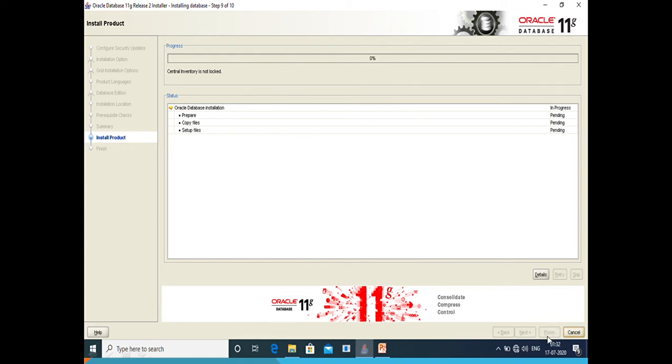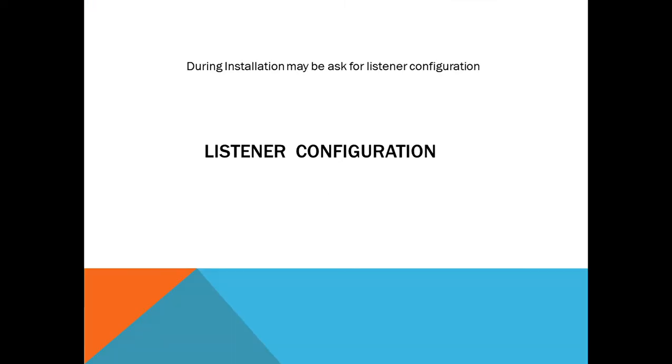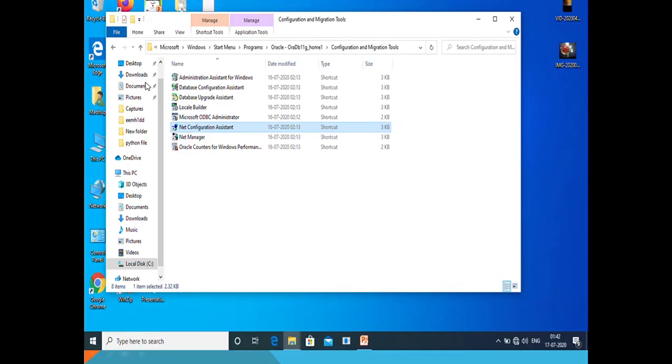After that it will automatically come: the installation of Oracle database was successful. Now if you are installing a database, you may be asked to configure a listener. So how to configure a listener? Just go to the folder,